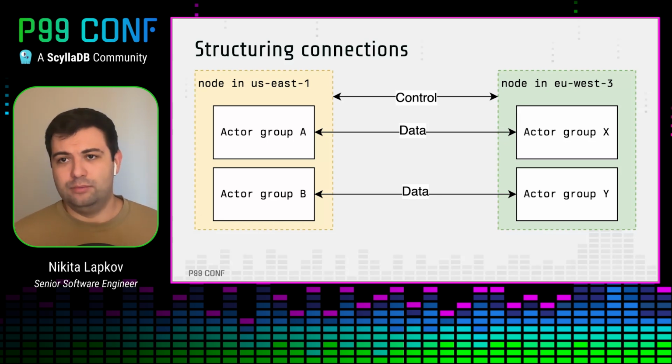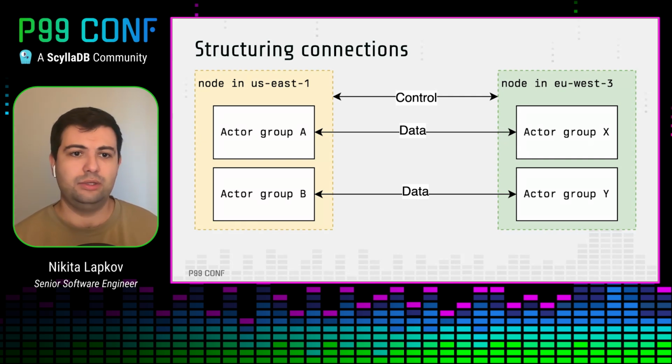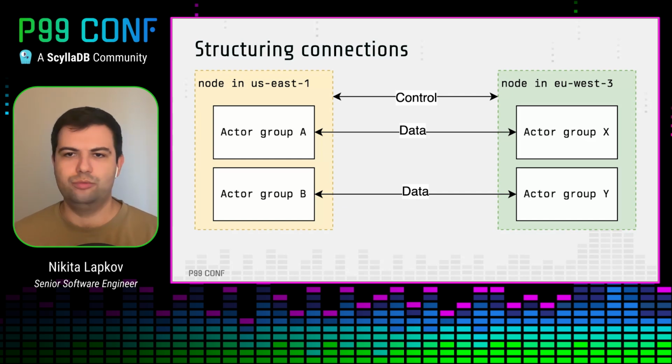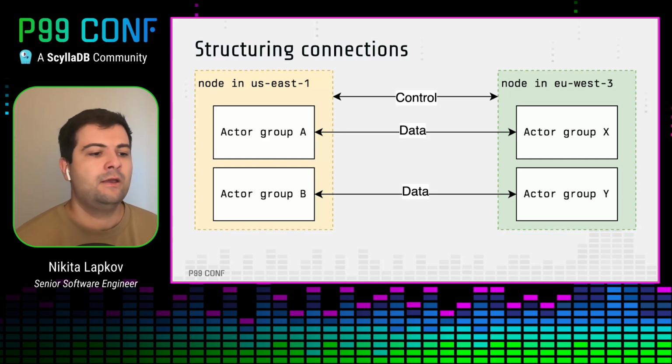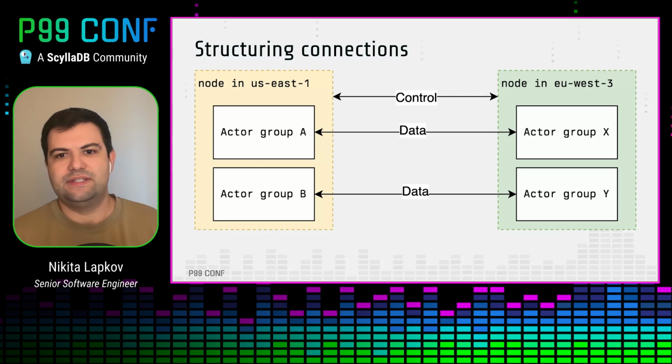Since all of these actors probably share the same code, it also makes sense to group them in runtime into an actor group. So all WebSocket actors will live in actor group A, but maybe you might have another group of actors which do some aggregation, and so on and so forth. So between each pair of actor groups which want to communicate remotely, we establish a data connection. And unlike control, a data connection is actually used to send messages from actors.